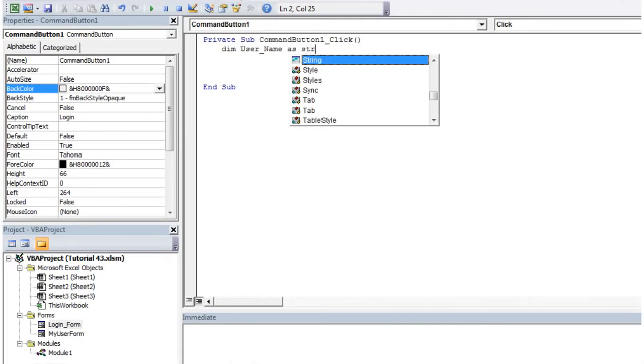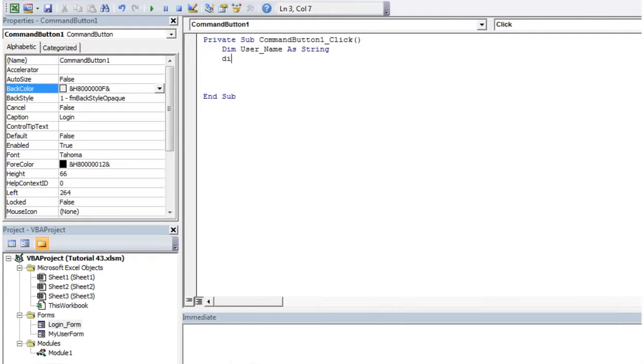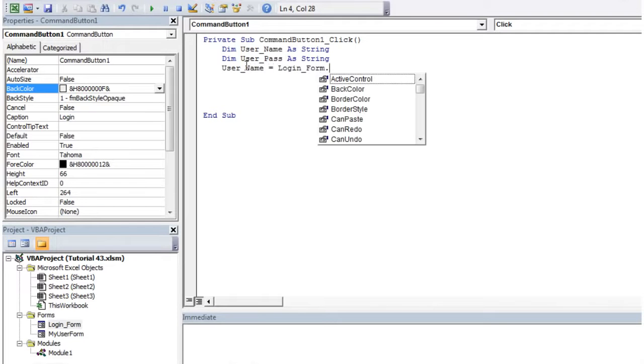I'm not sure if it is, but Dim user_name as String, and then Dim user_pass as String, and then we want to set username equal to login_form dot,